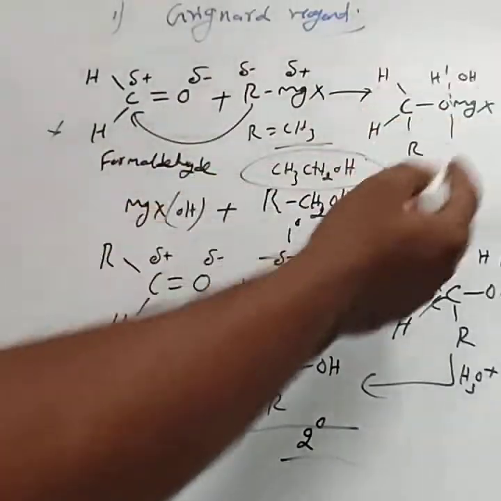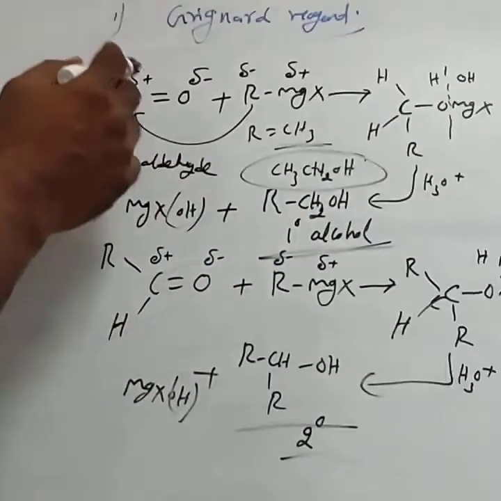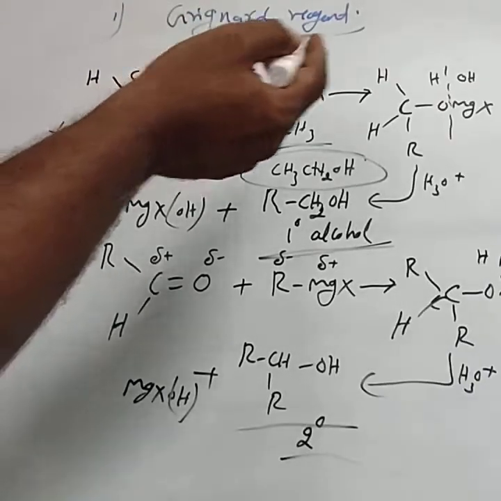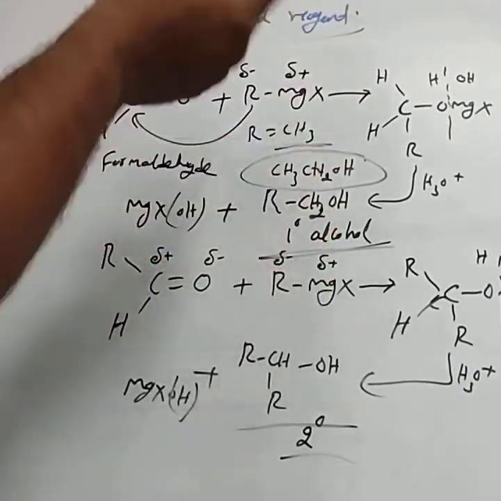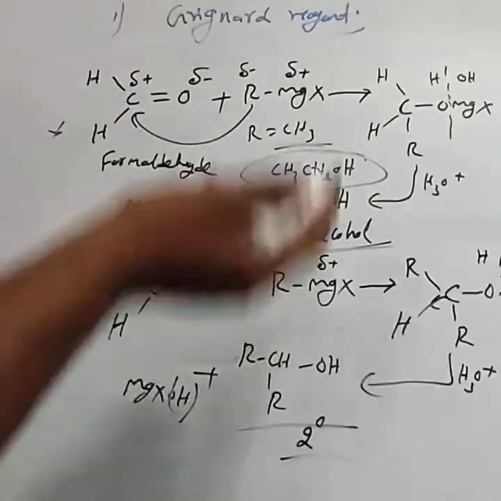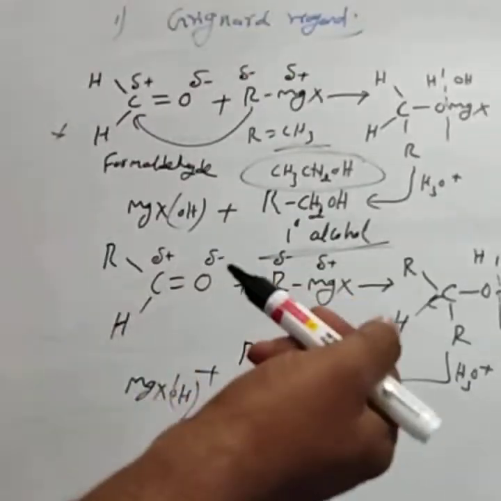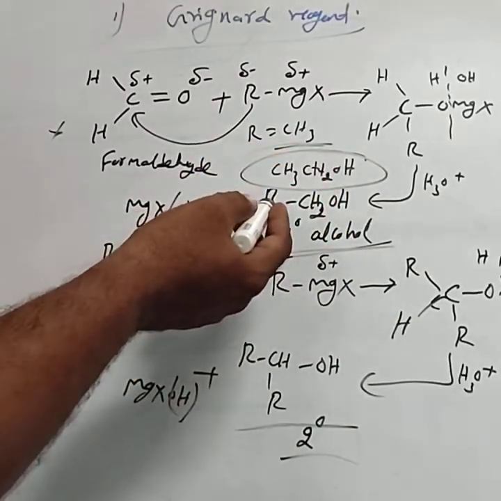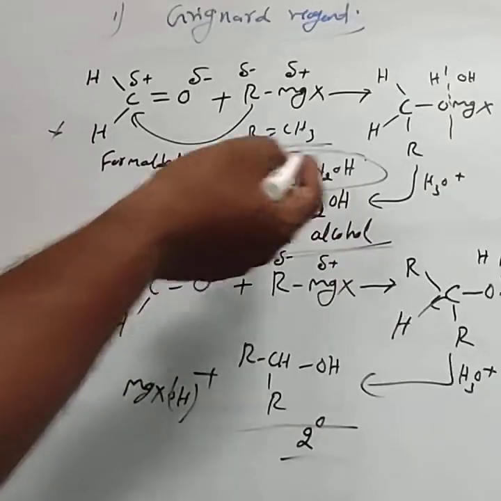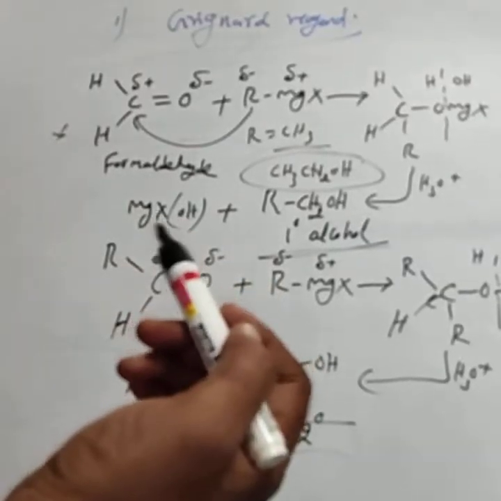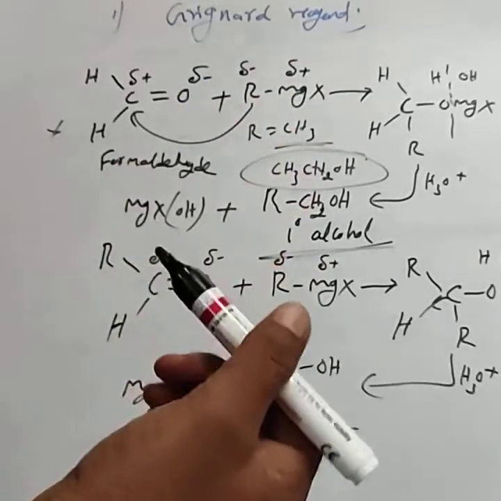At that time, there is no need to write the reaction. Just assume that among the aldehydes, formaldehyde reacts with Grignard reagent to form the primary alcohol. In the Grignard reagent, in place of R, they considered the methyl group, and the product formed is ethyl alcohol. We get the primary alcohol RCH2OH, with R replaced by CH3, hence we get the primary alcohol ethyl alcohol.